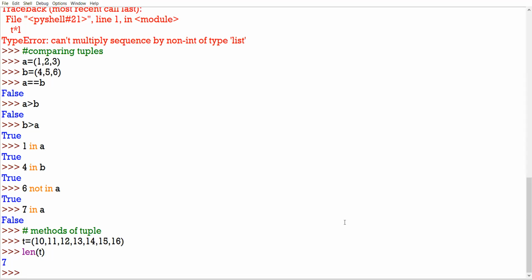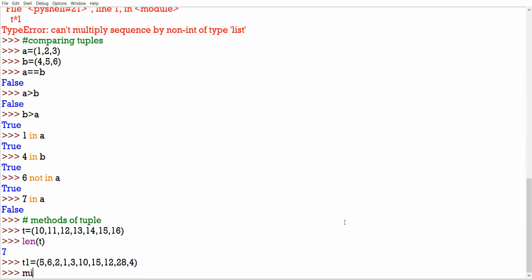Then from a similar tuple, let us create one more tuple. T1 equal to 5, 6, 2, 1, 3, 10, 15, 12, 28, 4. Okay. I say the minimum element is to be found from the tuple, using the min function.